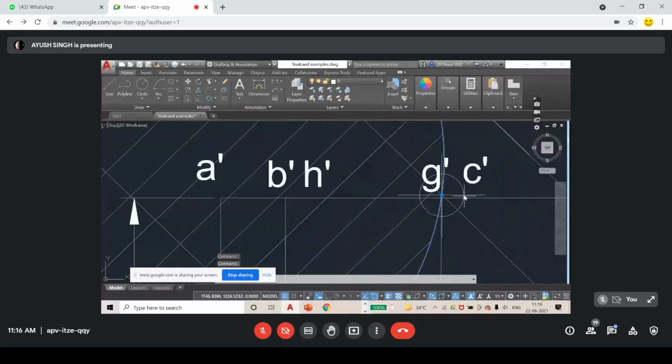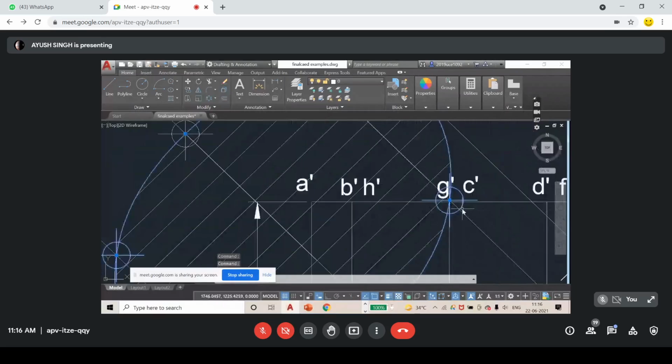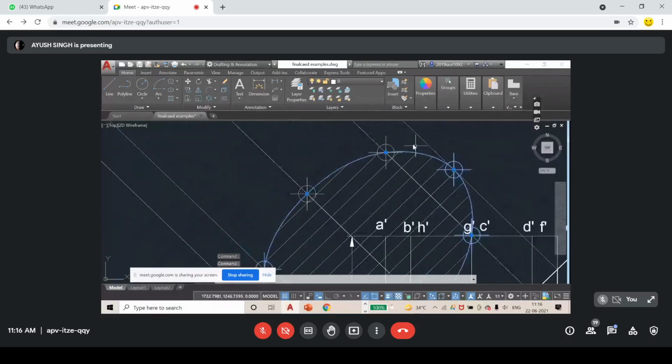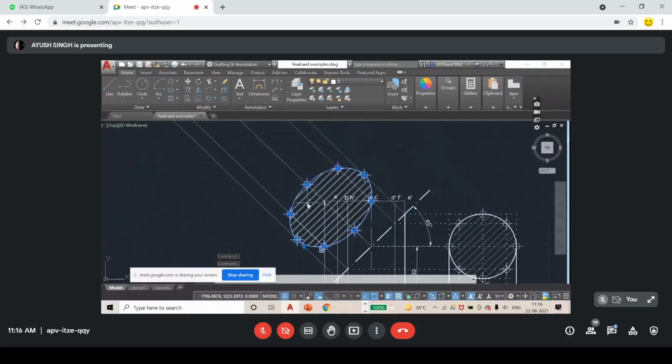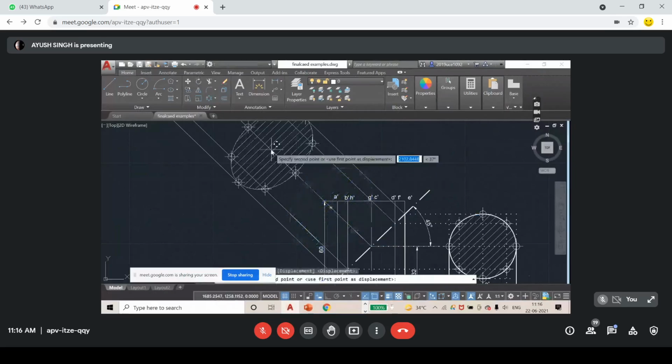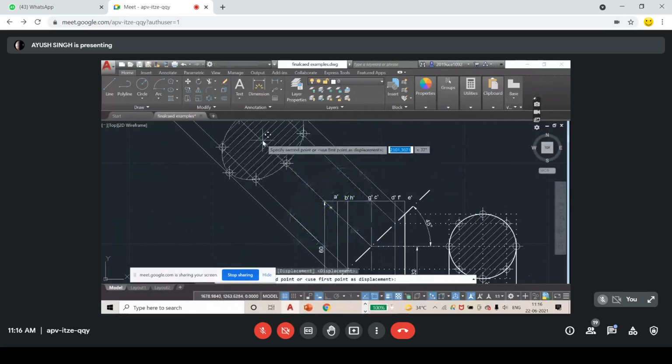I don't want that. I have selected this and also the hatch, and I am going to move it on this line. Here. Okay, so now it is okay.